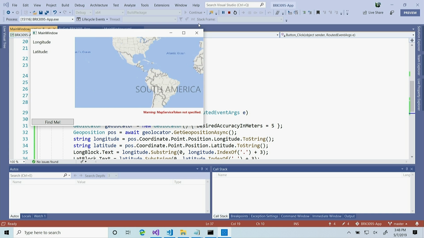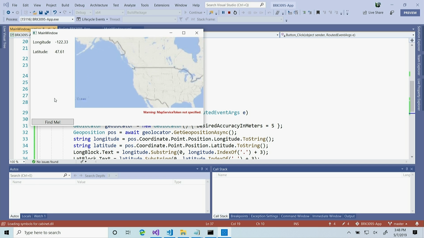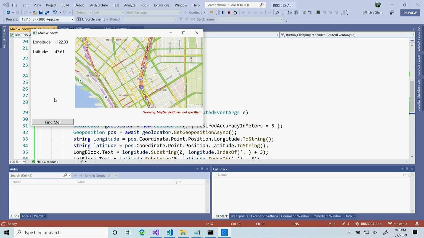I didn't actually enter in an API key. But now when I click Find Me, not only will you see that longitude and latitude, you'll also see it zoom in on the map to where we are right now. Hey, look, it's us. Oh. And as you can see, Seattle traffic can sometimes be pretty red and scary. So